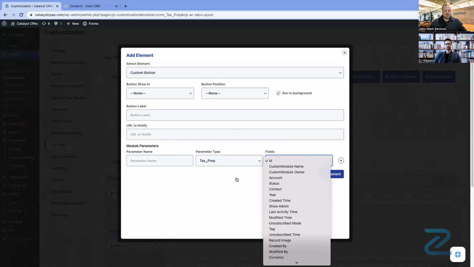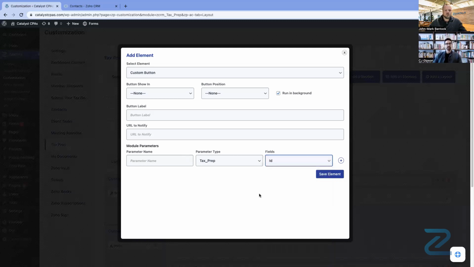CJ, I know that you guys have come up with a number of cool things. So maybe tell us about some of the more common use cases you've seen for buttons. Yeah, so I do think the document request and the file transfer is the case that we see in client onboarding, employee onboarding, mortgage and lenders. They need to request a lot of docs from their